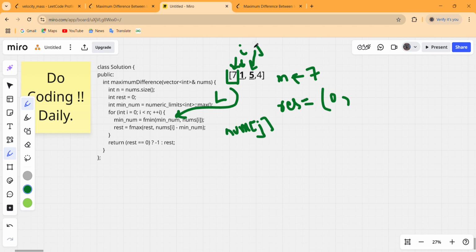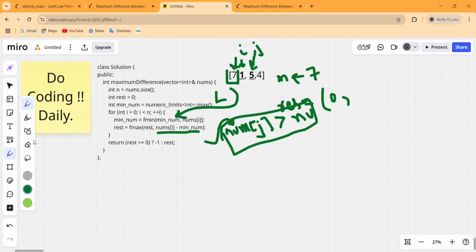So this ensures that nums[j] is always greater than nums[i], and that is why we are using nums[i] minus the minimum number and not the minimum number minus nums[i]. This will ensure that this condition holds.